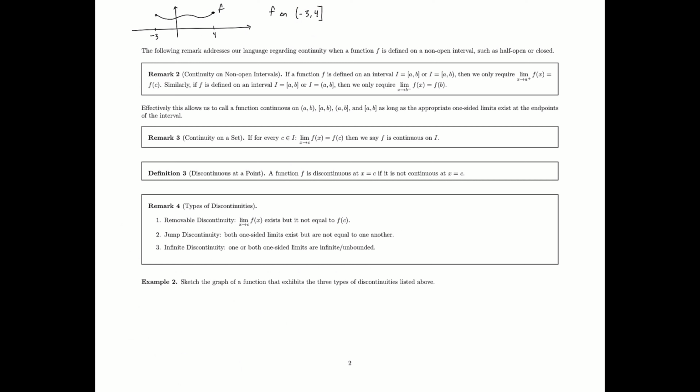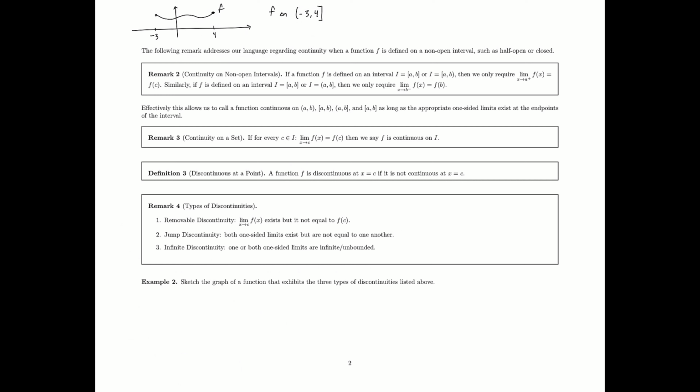So here's the convention. The convention is that a function f, if it is defined on an interval such as a closed interval a to b, or a half open interval, maybe it's closed on the left and open on the right, or maybe this is closed on the right instead of the left. So no matter what kind of interval you're using, any of these non-open intervals,